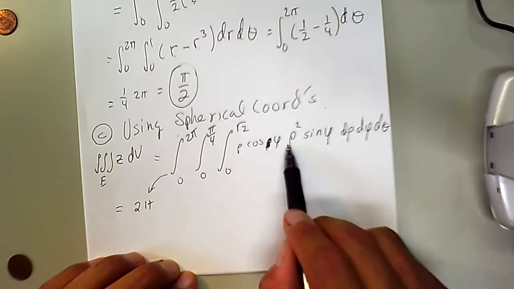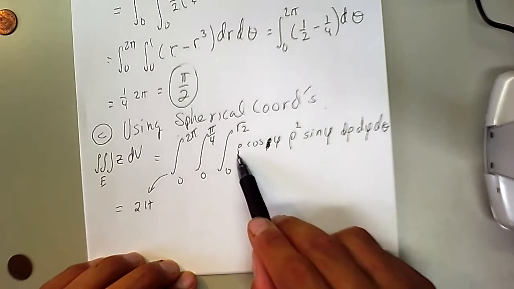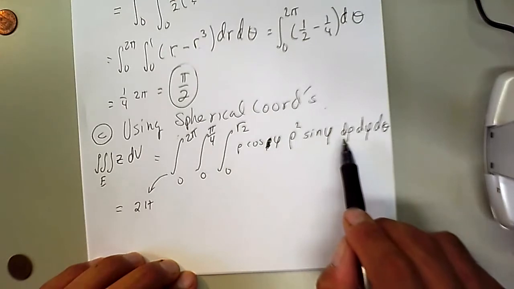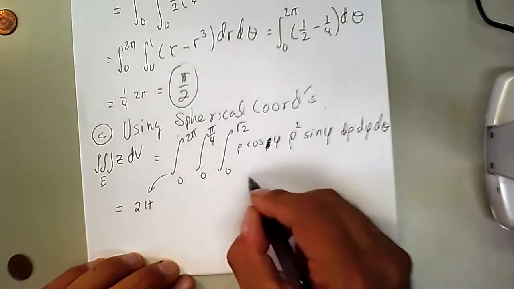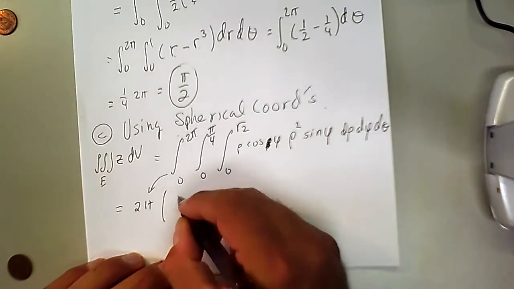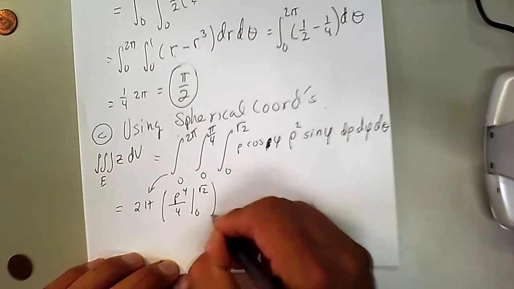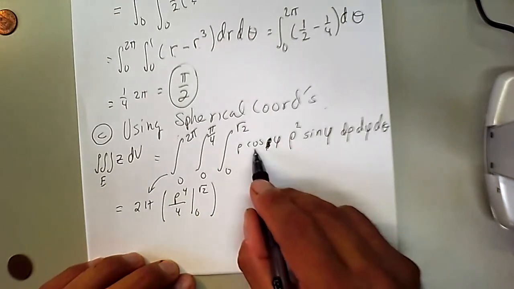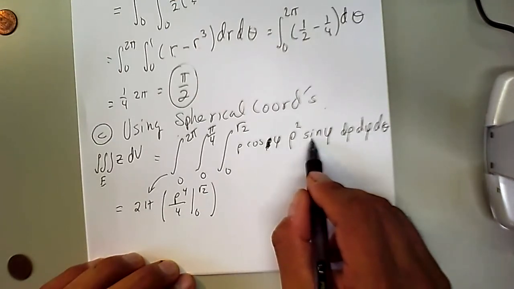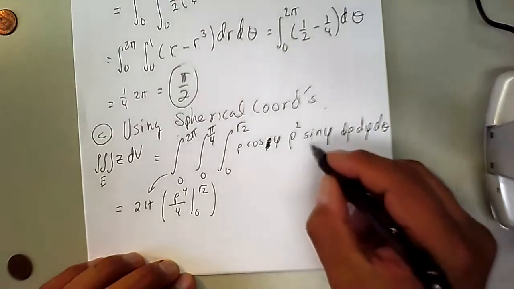So don't do that. But here we have rho cubed, and we are integrating with respect to rho. So rho cubed with respect to rho, I'm going to write it down actually. We're going to end up with rho to the 4 over 4 from 0 to the root of 2. And then we are integrating cosine sine. Well, that's handy because the